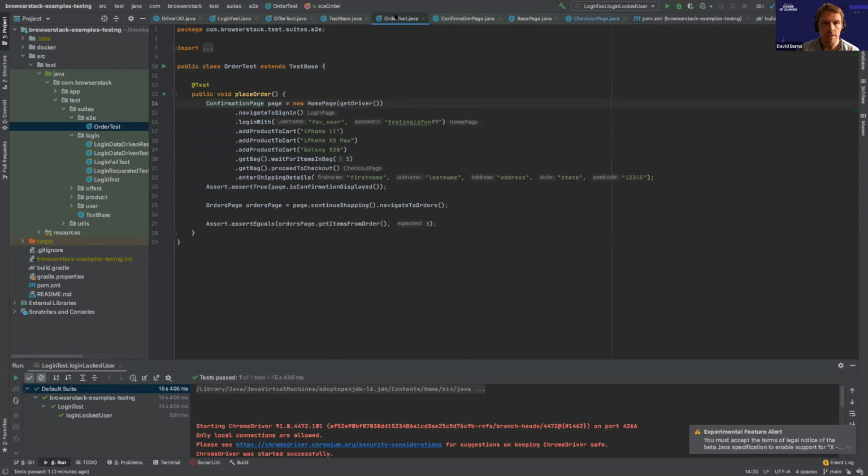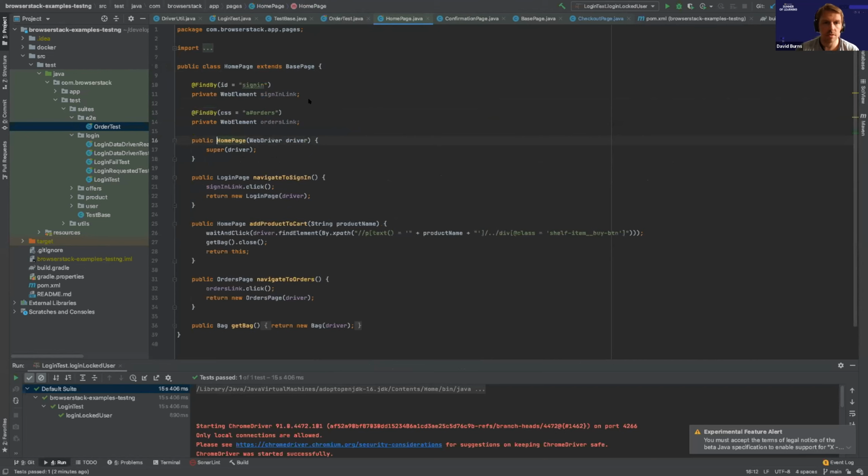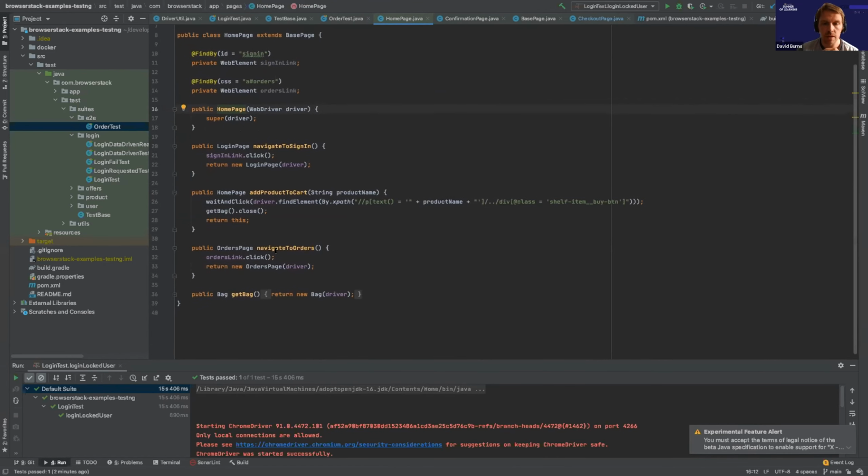So our test is going to return a confirmation page. We know that we want to start on a home page because where else would you start, really? And that when we want to log in, we return a page, and that if we're already logged in, there might be cases where we want to add something to a cart. We want to access different parts of the page, and we can simplify a lot of our code so that when